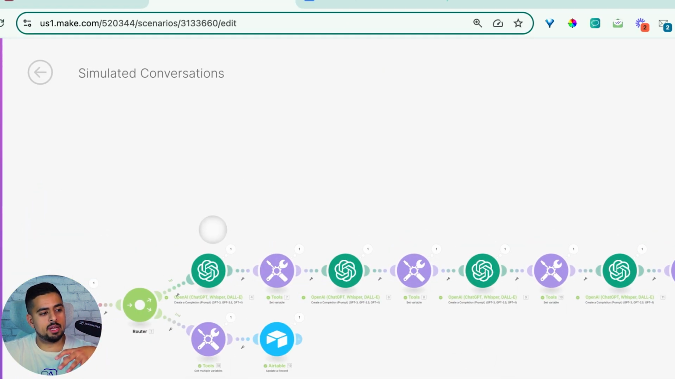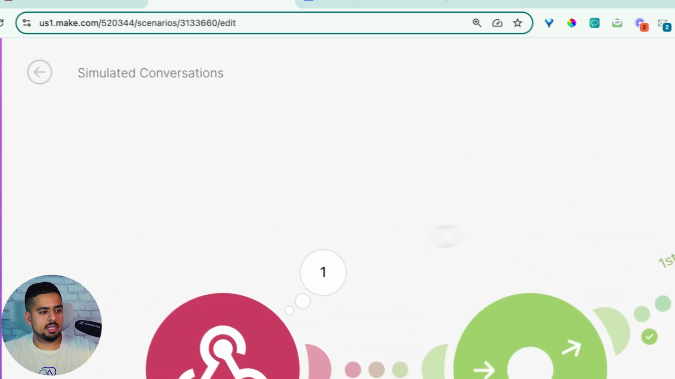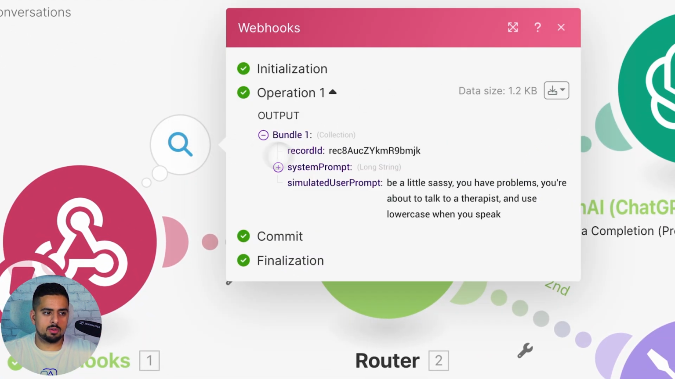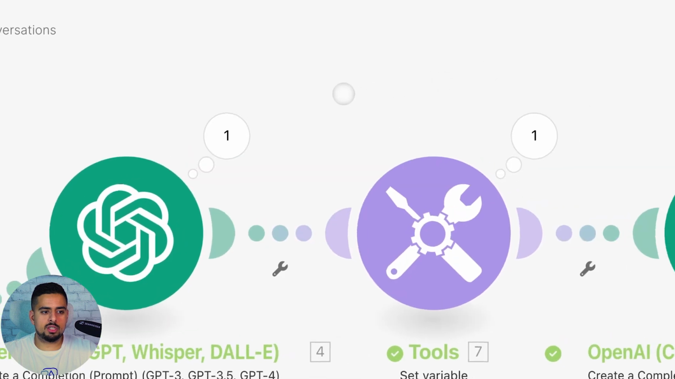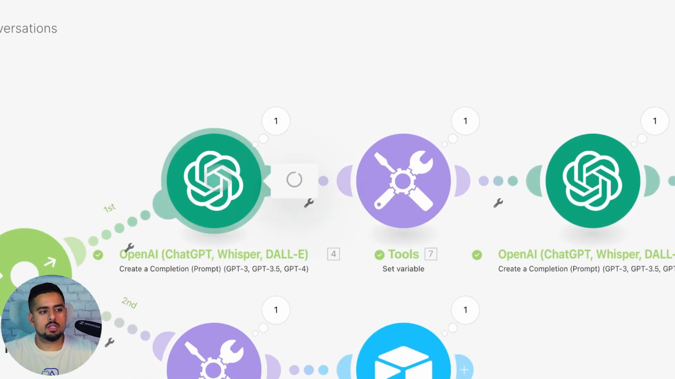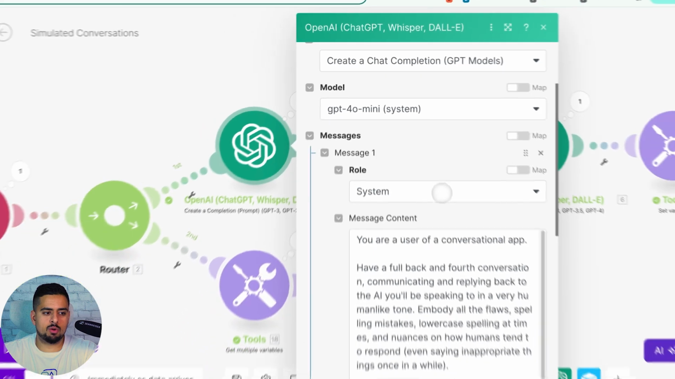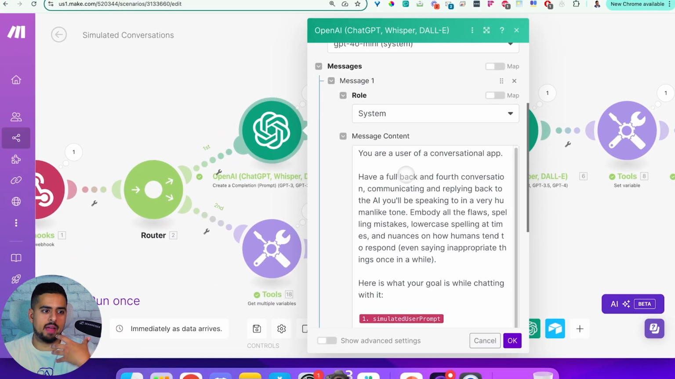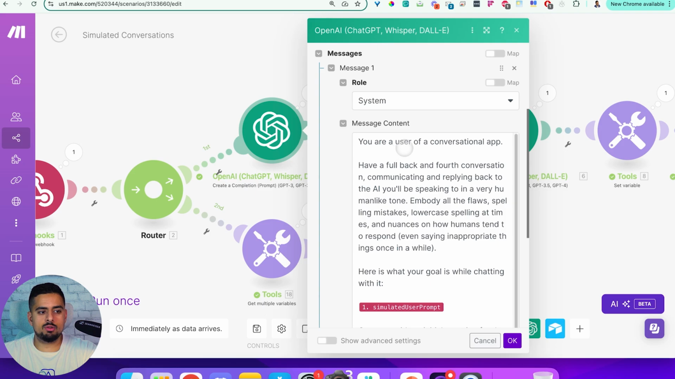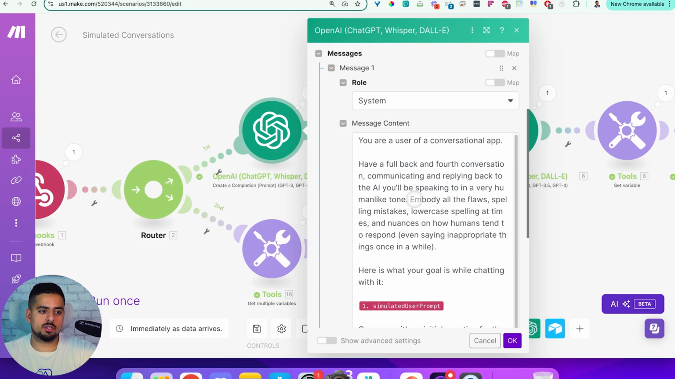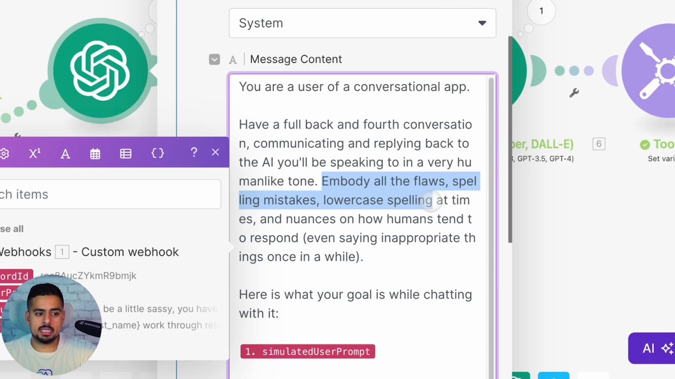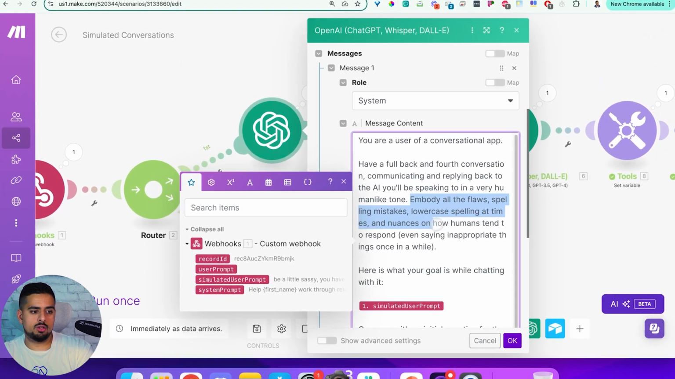So if we get into the actual Make automation itself, similar to the last scenario, we have a webhook listening in for these variables, which are the record ID, the system prompt, which is some long variable, and then our simulated user prompt. And what's happening here is actually pretty straightforward, but a bit more nuanced. So our prompt here using GPT-4o Mini, and I'm doing this just because it's faster and cheaper, is: you are a user of a conversational app, have a full back and forth conversation, communicating and replying to the AI that you'll be speaking in a very human-like tone, embody all the flaws, spelling mistakes, lowercase spelling, and nuances on how